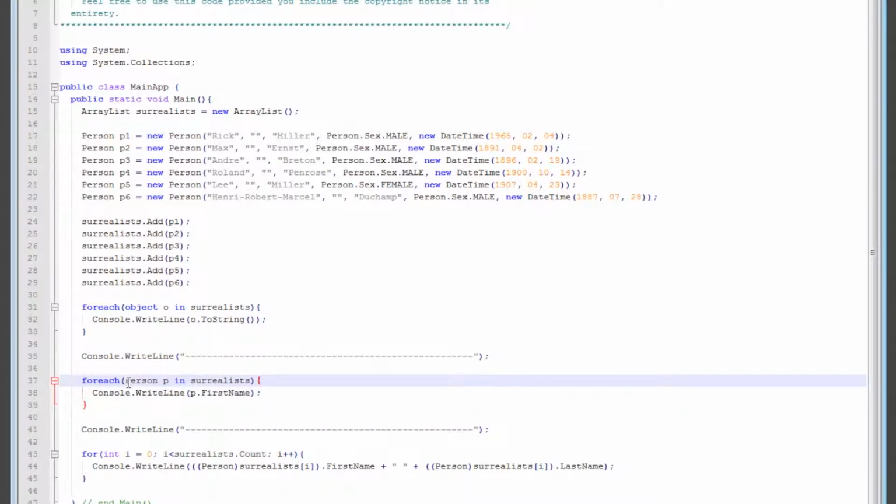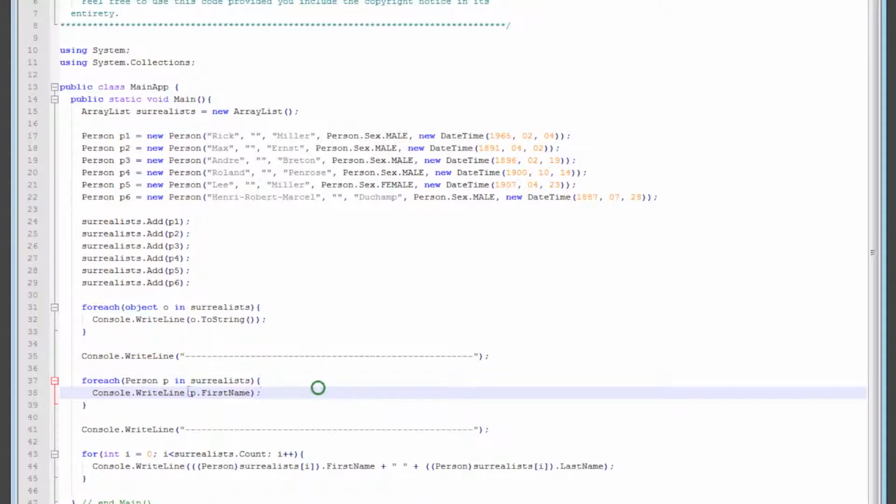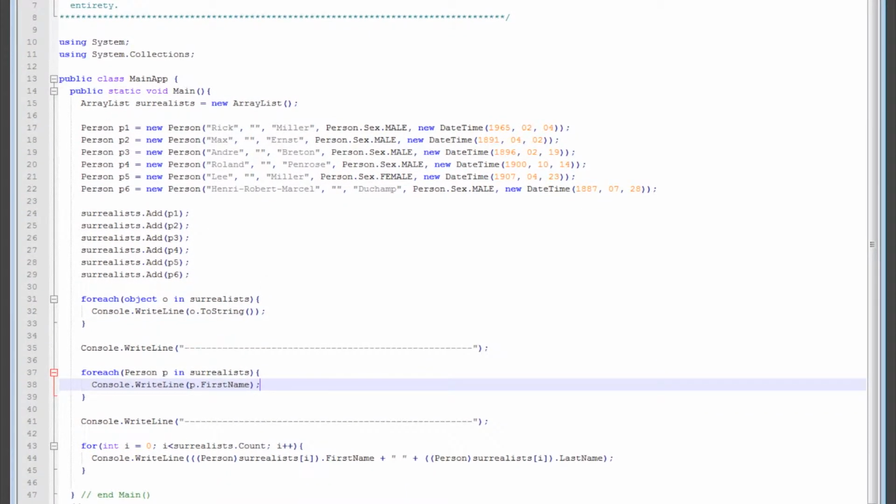This is called an implicit cast because I'm going through the Surrealist collection, and even though it's objects in and objects out, this person right here is going to cast this object that's retrieved. This reference is going to point to an object, but it's going to cast it to a person implicitly. And then I can do stuff like Console.WriteLine p.FirstName, right? And now the last for statement,